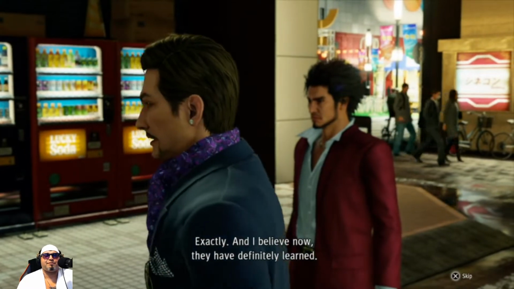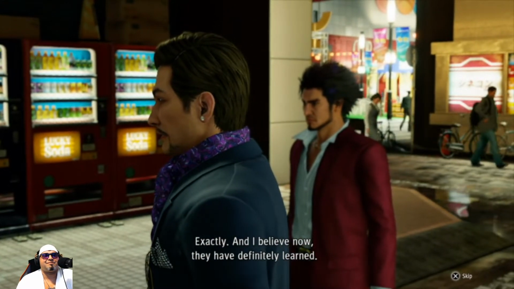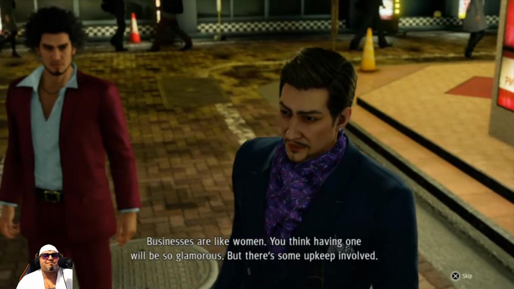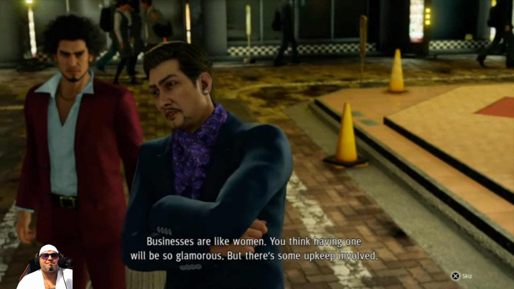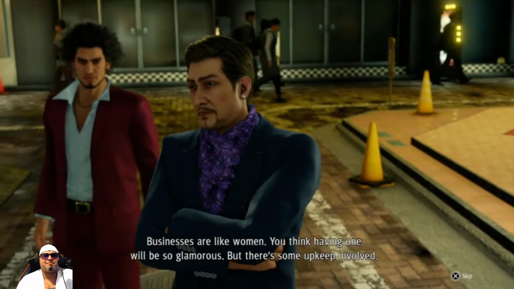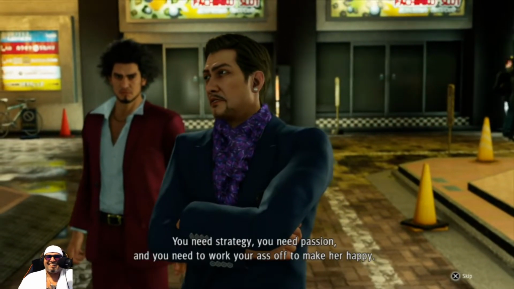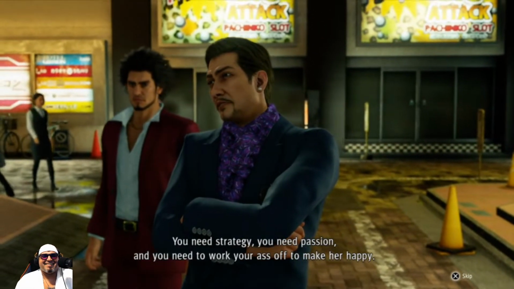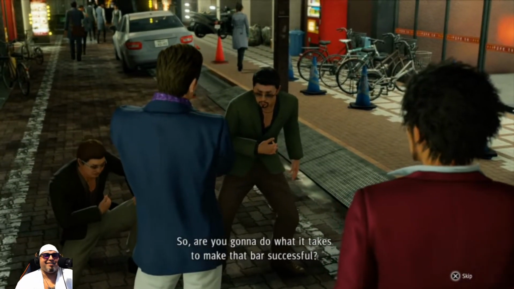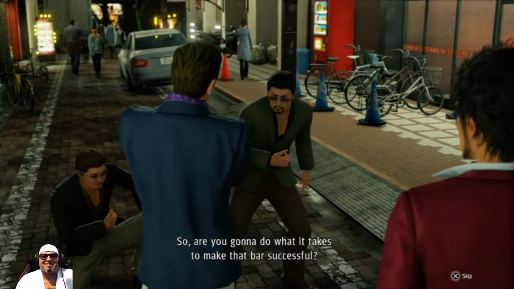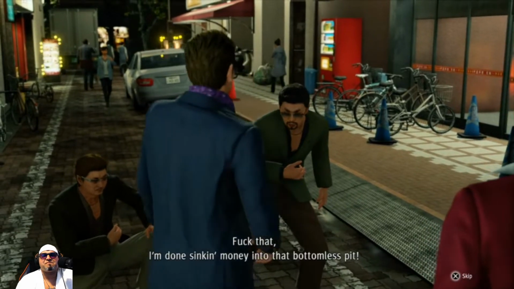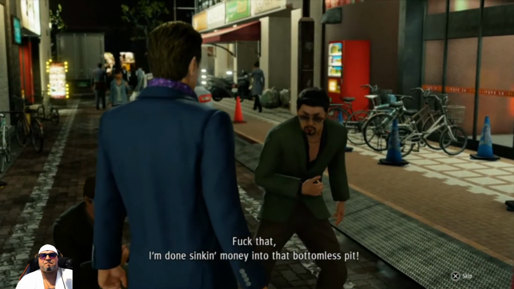Exactly. Proof. And I believe now they have definitely learned. Businesses are like women. You think having one will be so glamorous, but there's some upkeep involved. Good lord. You need strategy, you need passion, and you need to work your ass off to make her happy. So, are you gonna do what it takes to make that bar successful? Fuck that. I'm done sinking money into that bottomless pit.